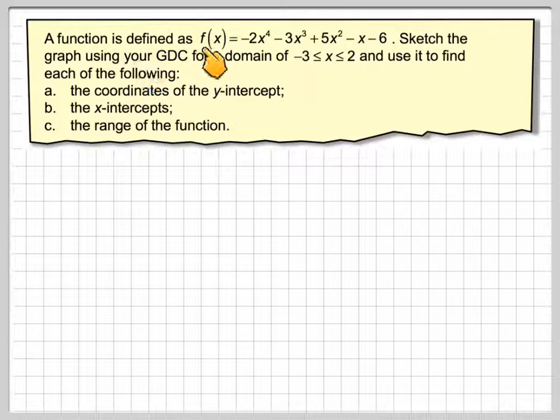A function is defined as f of x equals minus 2x to the fourth minus 3x squared plus 5x minus x minus 6. Sketch the graph using your GDC for the domain of x being between minus 3 and 2, and use it to find each of the following: the coordinates of the y-intercept, the x-intercepts, and the range of the function. So, in order to do that,